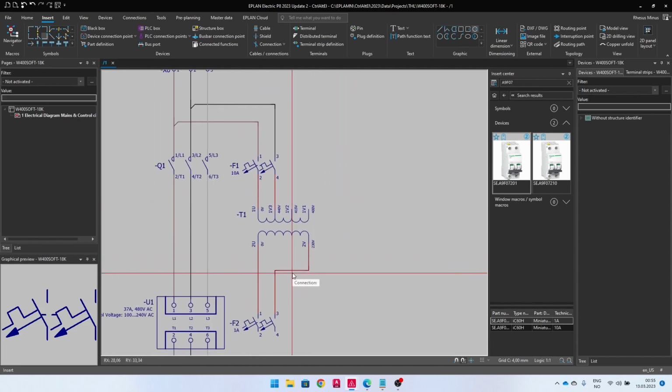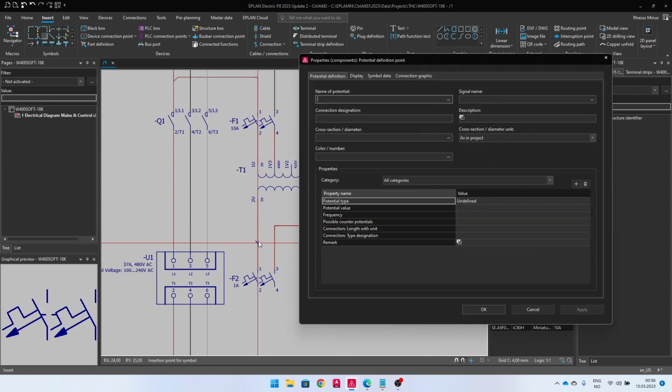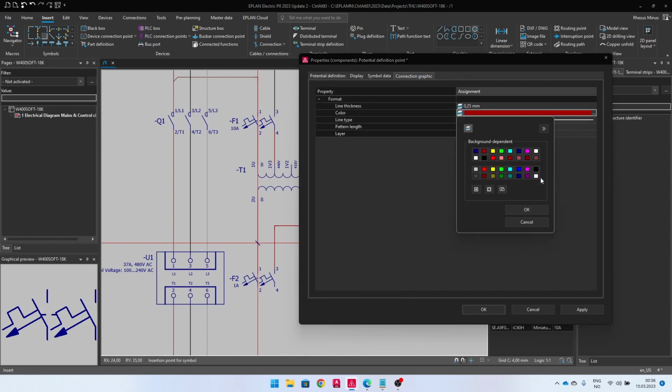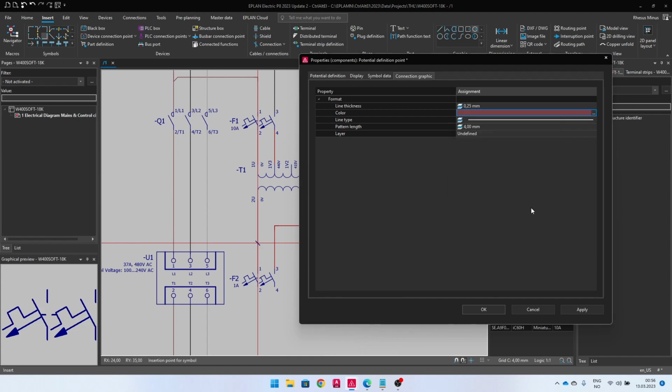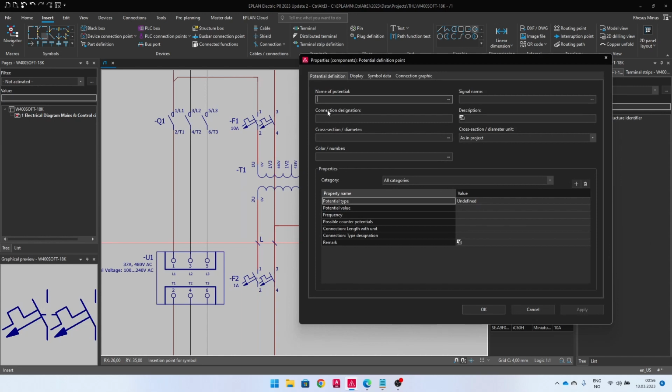And from here on, I want a different potential, other colors and so on as well. So I will insert a potential definition point on this side of the transformer because it's not the same potential anymore. So I will say that I have the L over here, and that should be brown, and I will make sure that it is brown here also. And then I will insert the neutral N, and this one should be blue,